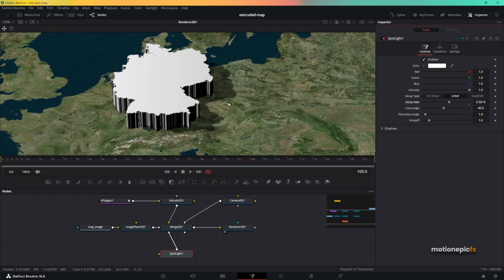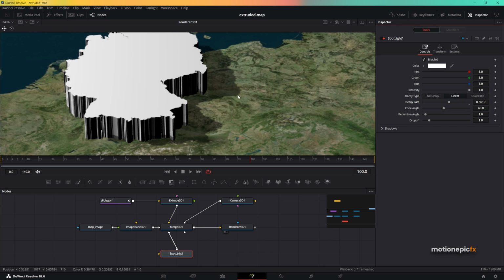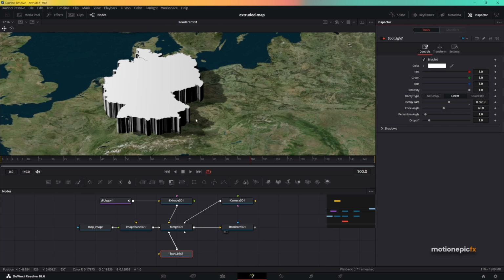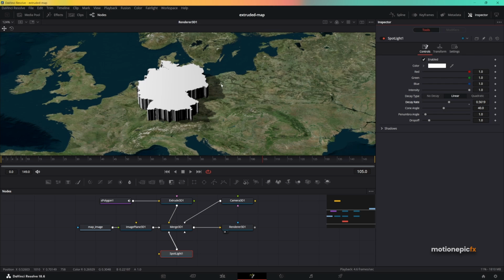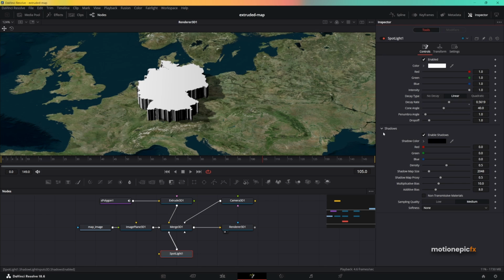Now you can see the shadows, they are looking kind of harsh over here. They're too sharp, and we want to apply some softness to it. But before we do this step, what I would suggest you to do is go ahead and save your work. Hit Control S and save your project, because the next step that we're going to do might crash your Fusion or Resolve. Expand the shadow section over here and go to softness over here and change it to constant. Right now we have softer looking shadows,